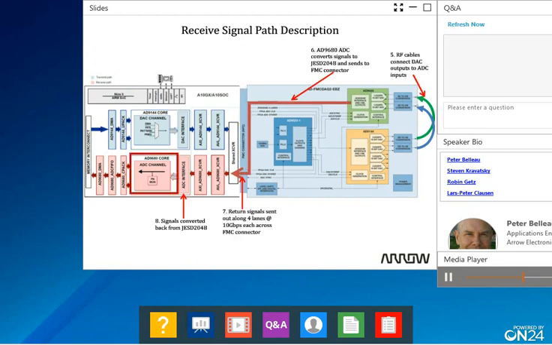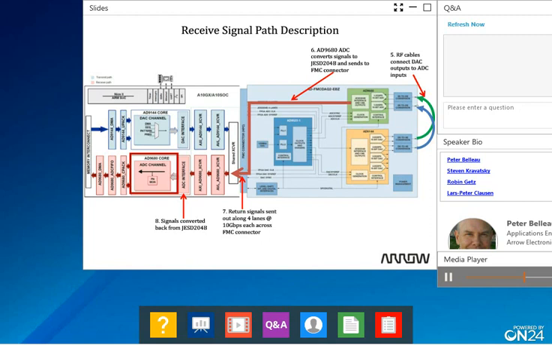Now we will look at the receive path as illustrated by the dark red arrow. Going from the right side of the figure to the left, the analog RF signals flowing through the 2 coax cables are fed back into the DAC2 board and sent to the AD9680 analog to digital converter. The 9680 samples a signal at a rate of 1 gigasamples per second, converts the analog back to digital, and formats into 4 JESD204B serial lanes.